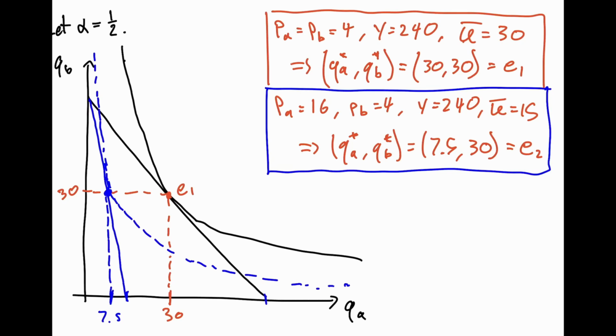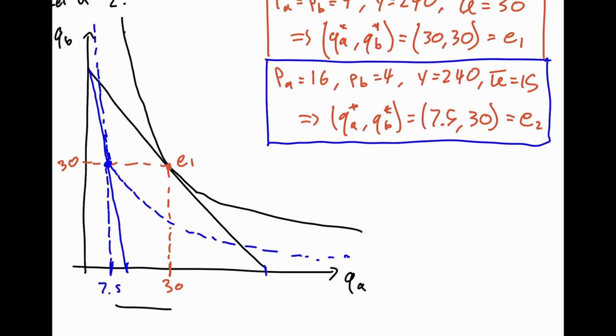So the next thing we're going to look at is the income and substitution effects. So without making this graph look really messy, essentially what's happening with the budget is our income is staying the same, but our indifference curve is getting worse. So the question is, how much of this decline in QA is coming from the fact that we're ending up on a lower